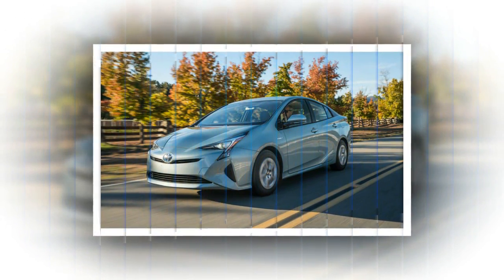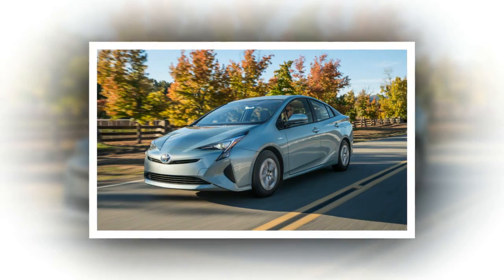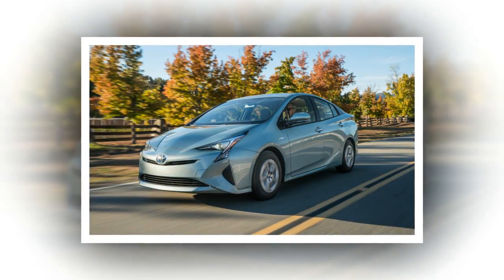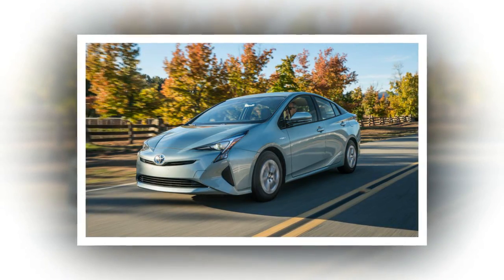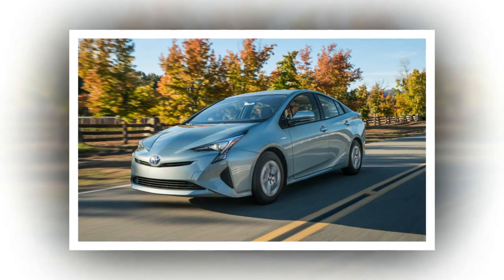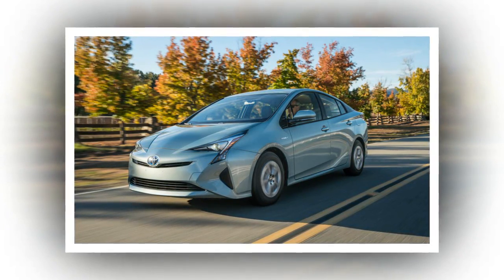less than 20 years ago. And it didn't come to America until 2000. Yet since 1997, Toyota has hawked more than 5 million Prius of various descriptions around the world. As such a mainstream model, it gets regular updates every 6 years, so we're here to give you the lowdown